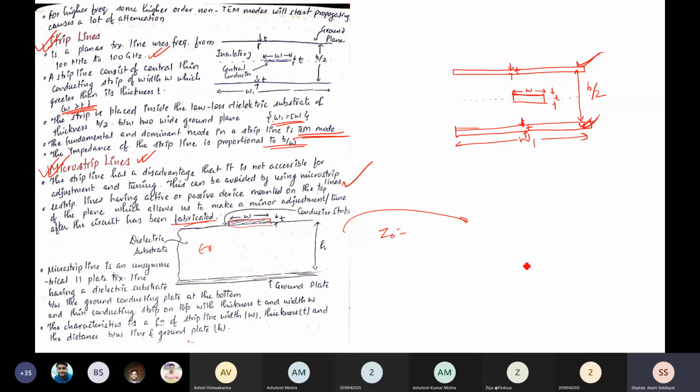Then we have a ground plane, and this is the circular conductor strip with a diameter D, and of course the center is there. The center line goes from here to here, the height is H, and in between we have epsilon r. This is the ground plane, or you can say the top ground plane. So instead of